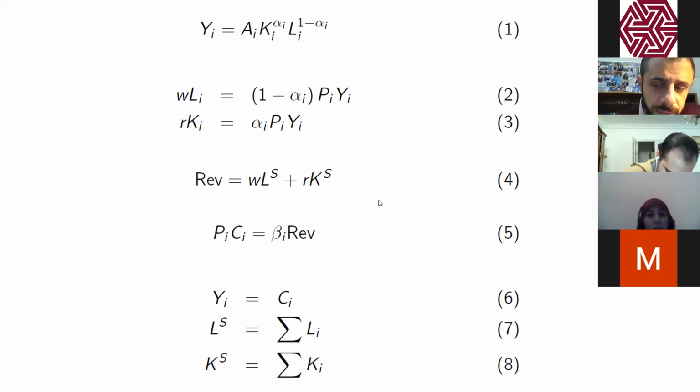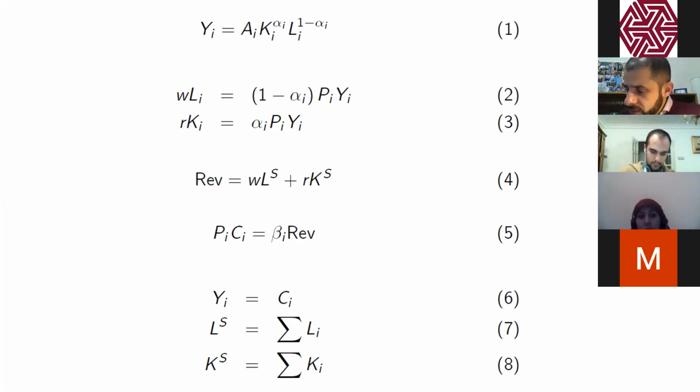I didn't grasp why we have chosen the P to be the numeraire. You mean the price of agriculture? Yes. It's a choice, but we have to justify it. When we compare the price of industry and the price of agriculture, in general the price of agricultural goods is more subject to perfect competition, and firms are more price takers. So that's why we can assume that the price of agriculture is the numeraire. Okay, thank you. Other questions?